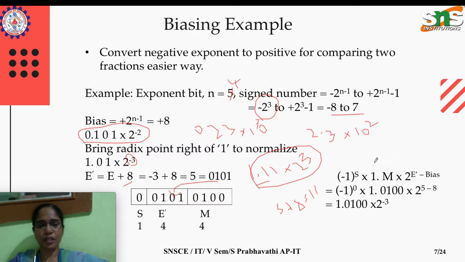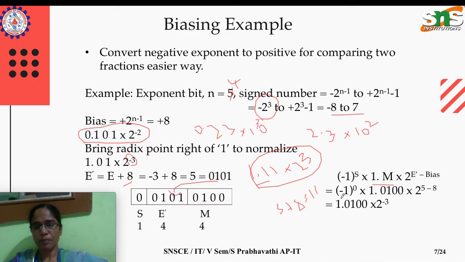So how the conversion takes place is this: the sign bit, minus 1 to the power of s. If it is 0, it means a positive number; if it is 1, we will be storing a negative number in this representation. So we have minus 1 whole to the power s, into the implicit normalized form 1.m, where m is the mantissa, into 2 to the power e dash, the exponent value stored here, minus bias. Previously we added the bias for storing, and to get the actual value we need to subtract the bias, is it not?